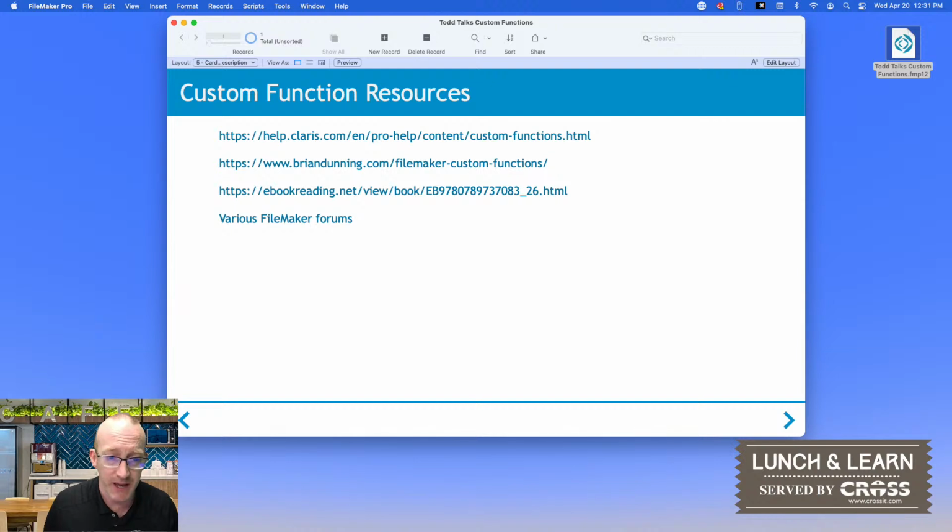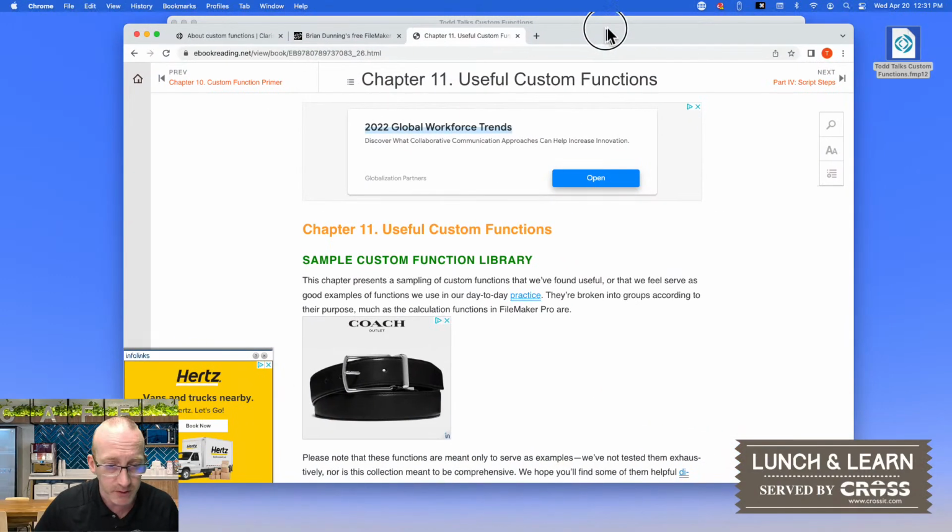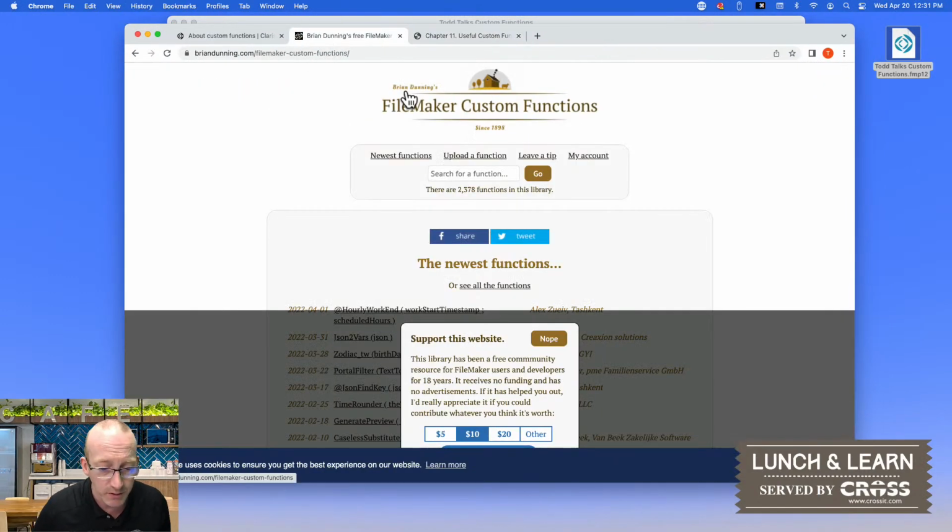Certain developers may have a set of custom functions that they've developed exclusively that you can get from their site, or people may be offering ideas on any of the various FileMaker forums. But let's take a look at those first two that I mentioned. Like I said, the one that's probably most well known